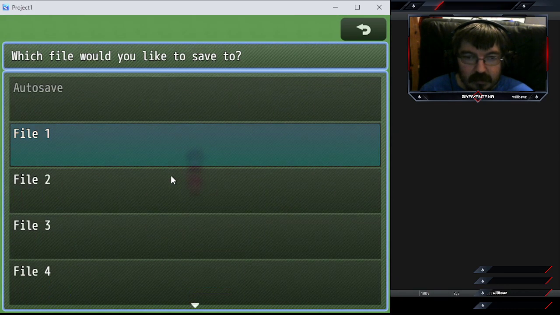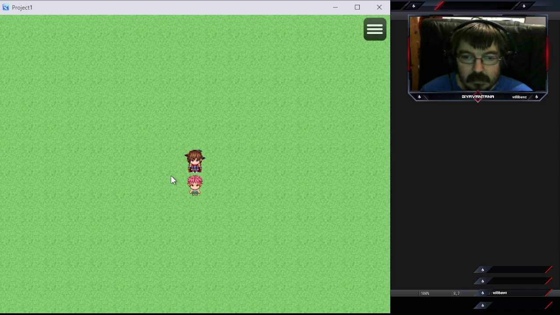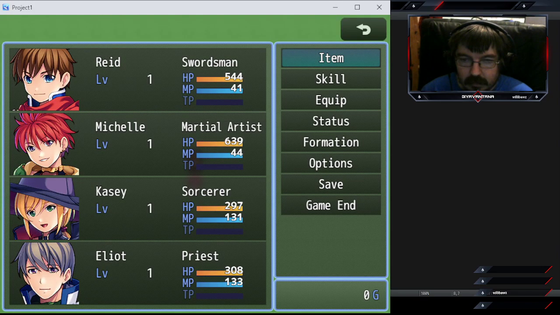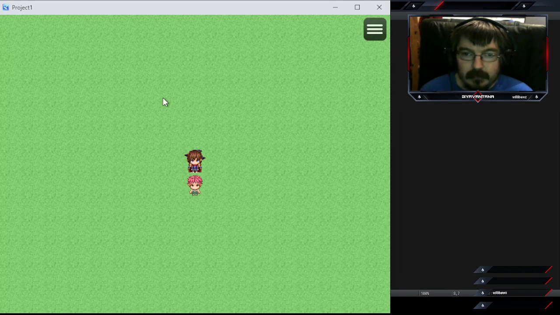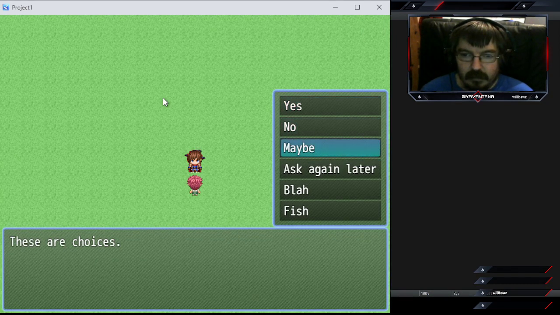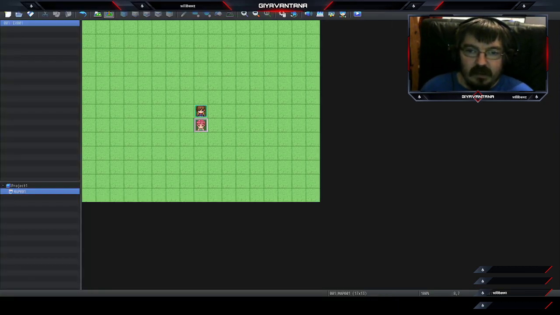What I'm going to do is turn sound effects back on. And then if I turn desktop audio on, 20% should do it. You can see there, when I go through the options, I get a little cursor sound. But what we want to do is allow the user to input